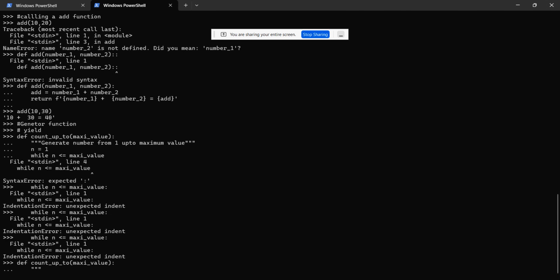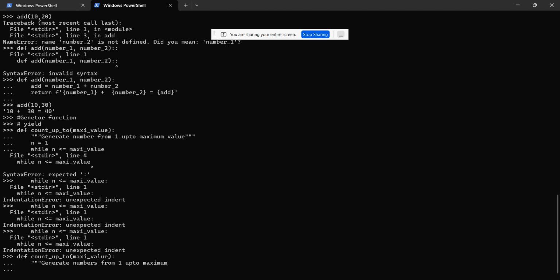So it will be: generate numbers from 1 up to maximum. Okay, so with this,